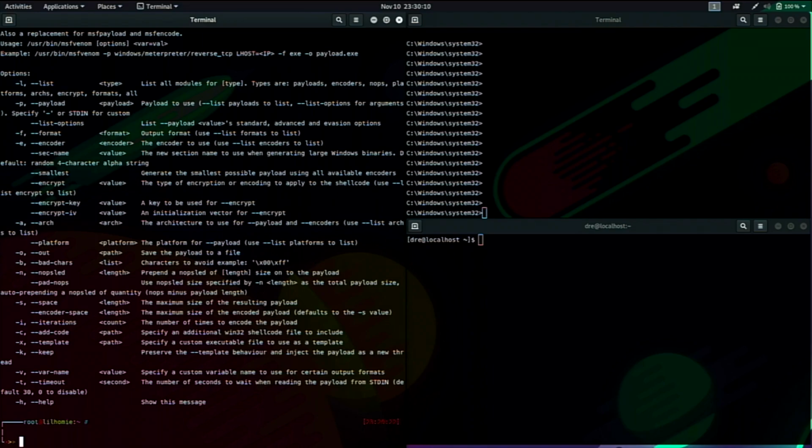In fact, just like we saw in the help, MSF Venom used to be called MSF Payload, and it would actually be paired with another tool known as MSF Encode to encode various payloads for numerous applications. Both of these tools were ultimately combined into MSF Venom because they kind of go hand in hand. MSF Venom gives us the ability to generate many kinds of executable programs, scripts, web app scripts, and even mobile